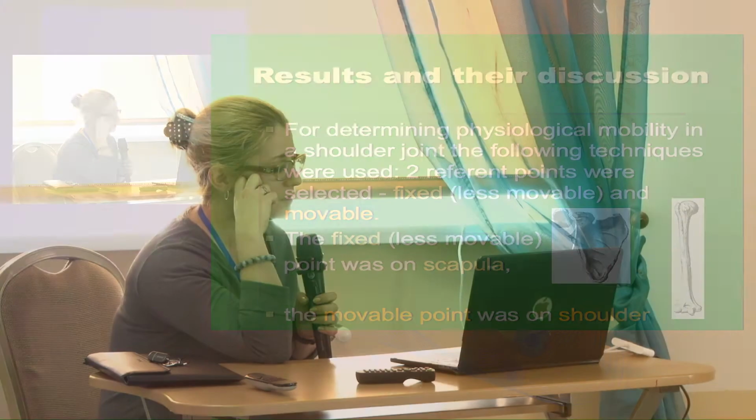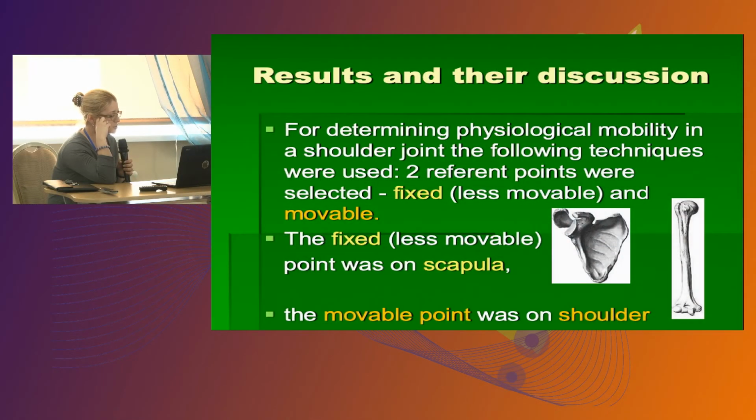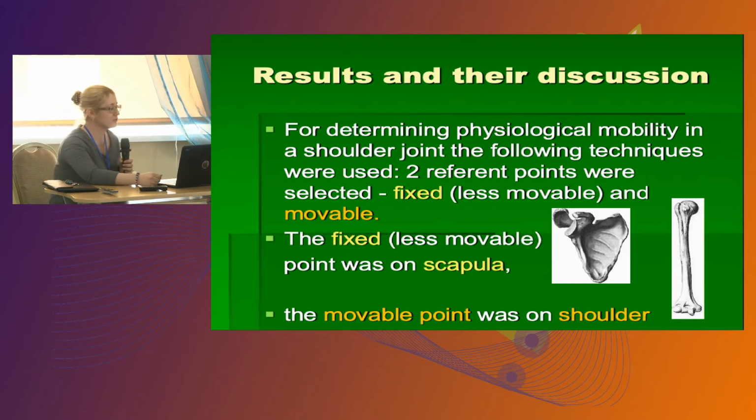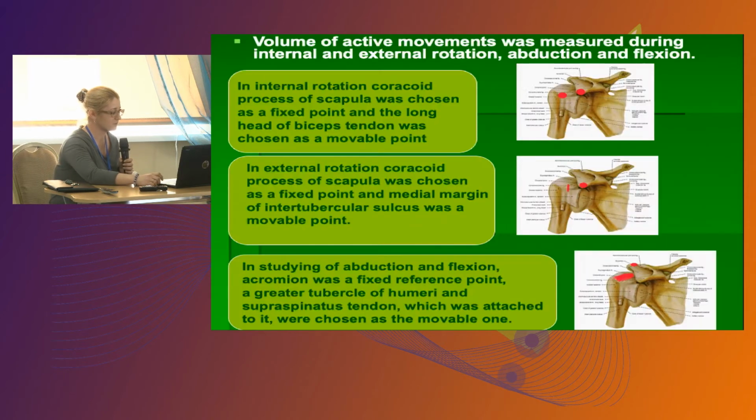For determining physiological mobility in a shoulder joint, we used the following two techniques. We chose two reference points, the fixed point, a less movable point, and a movable point. The fixed, less movable point was on the scapula, and the movable point was on the shoulder. We measured the volume of active movements